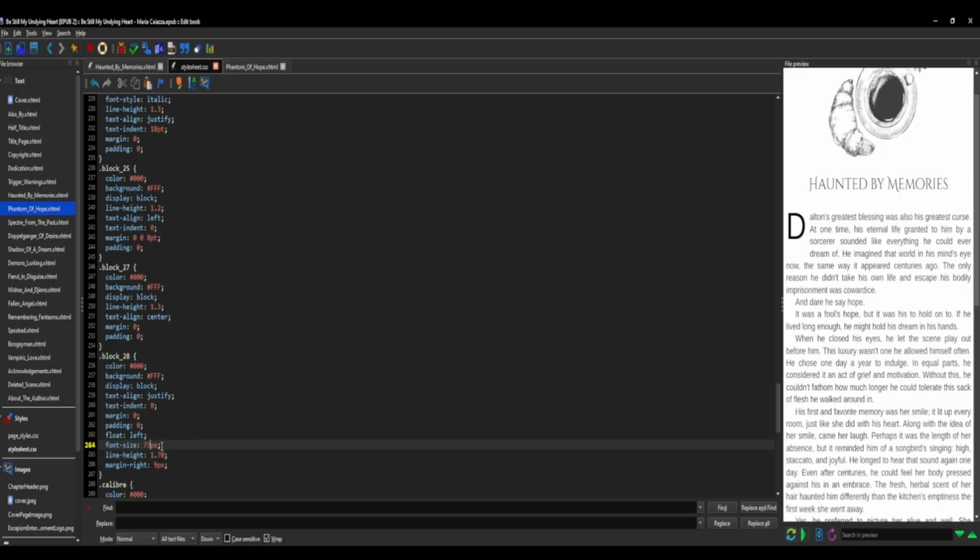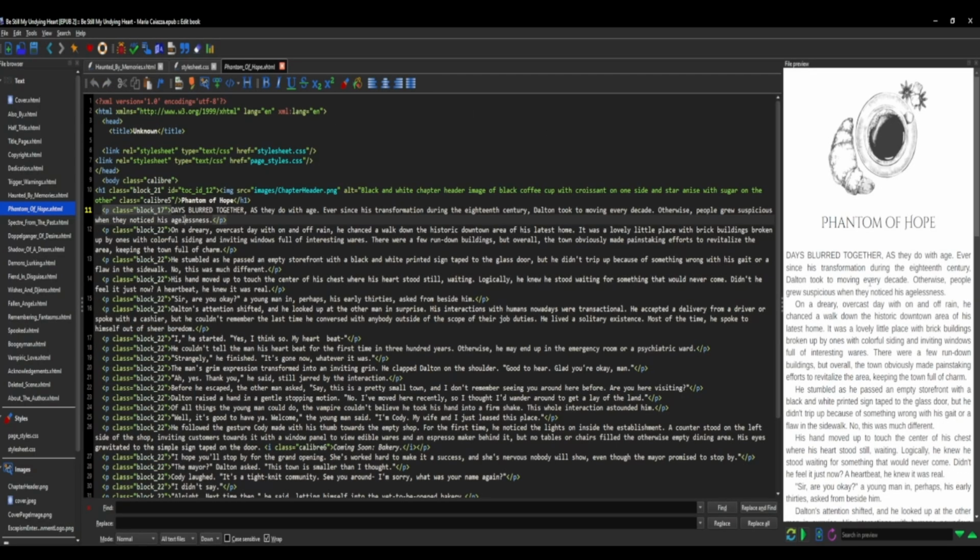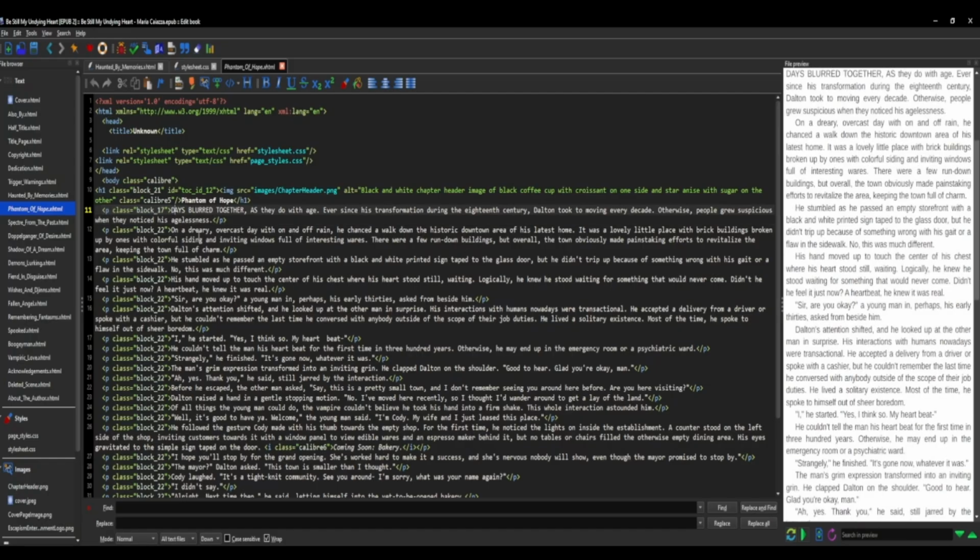Maybe if I just make this font slightly smaller, it will... No. Okay, so let's just keep it that way. So as you can see, it's not a completely perfect solution, but it does create a drop cap for your ebook. What you'll do to change all of the first letters of your chapter is you're going to end the